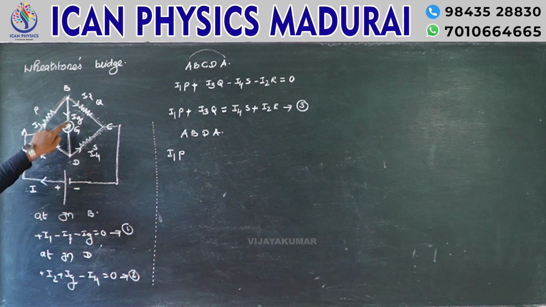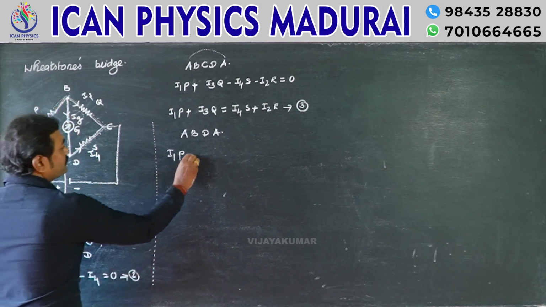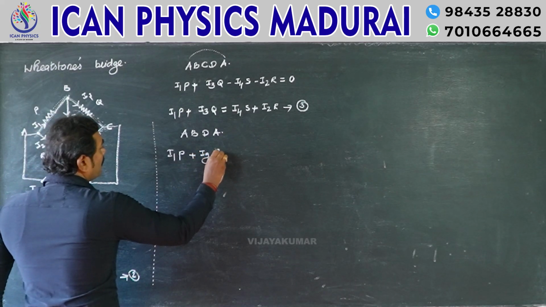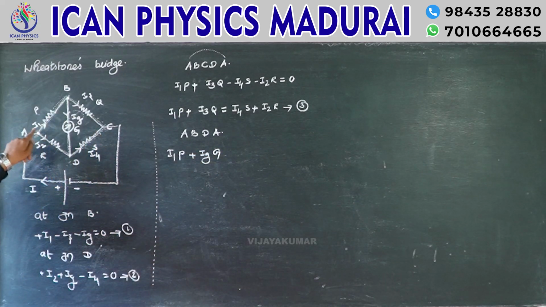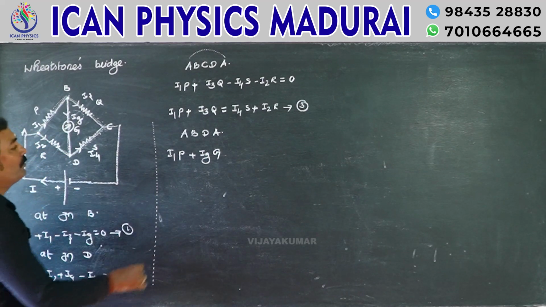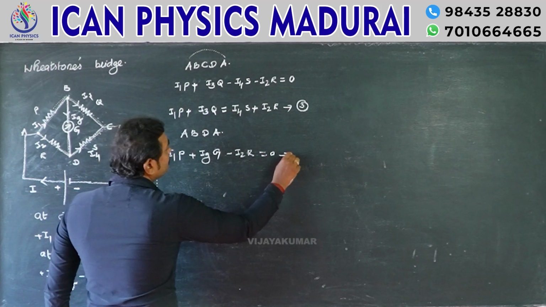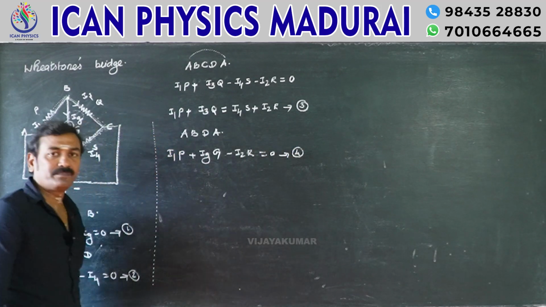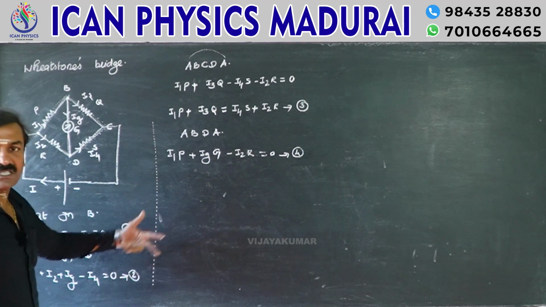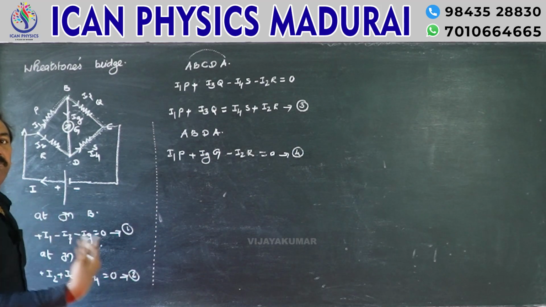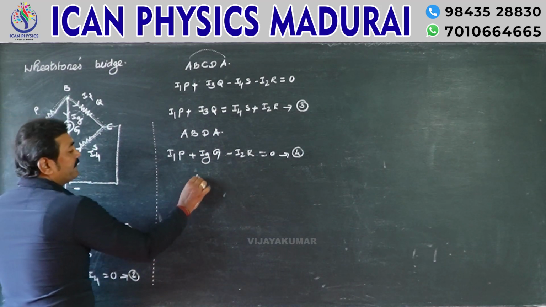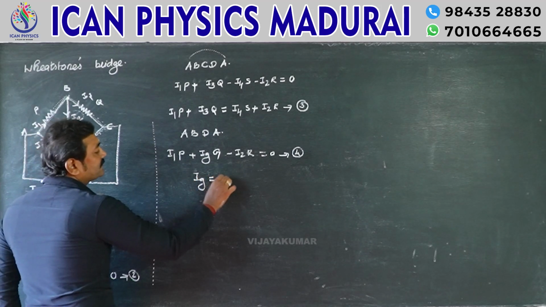B to D, I_G G. D to A, but the current is flowing in the opposite direction. So minus I2R is equal to 0. Now equation number 4. When the Wheatstone Bridge is said to be balanced, now when the galvanometer is